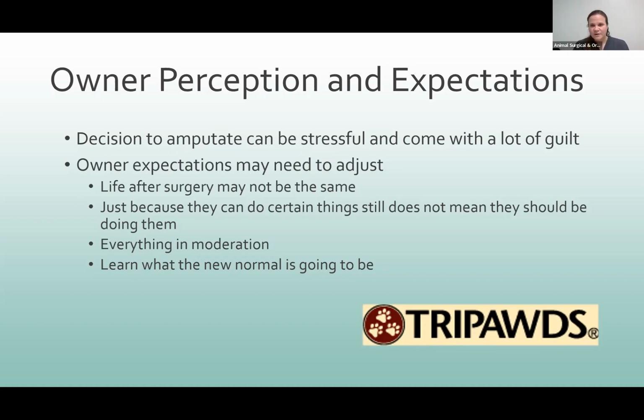There's not a right or wrong. We can't have any judgments. Every case is individual. And again, considering the whole picture, not just what's wrong with the leg and how we can fix it. And if we can get the owner to accept that this is the best for their dog,